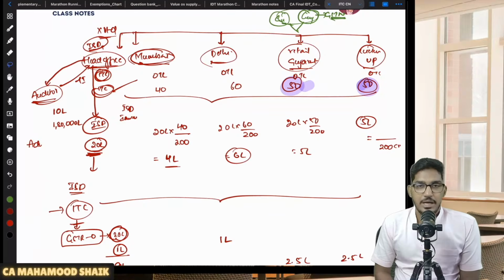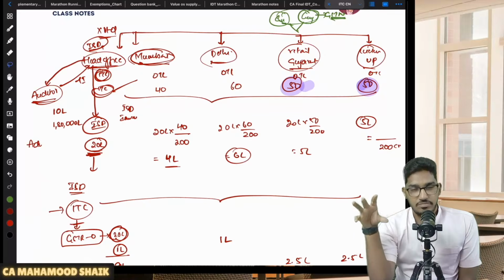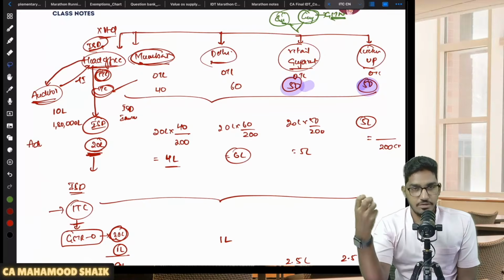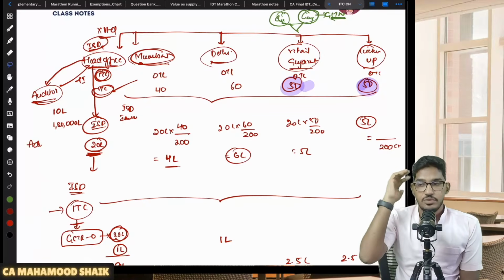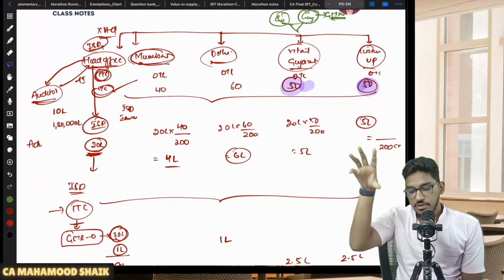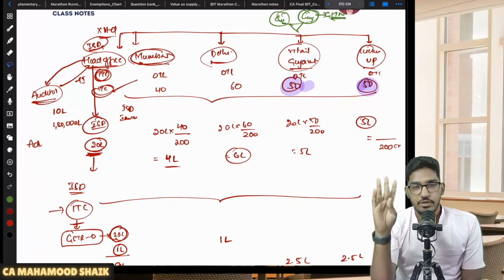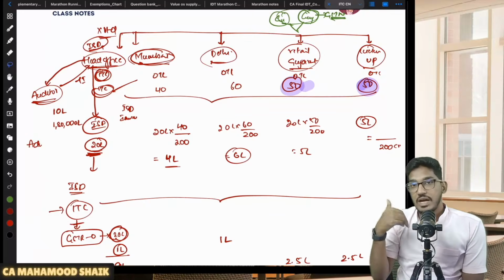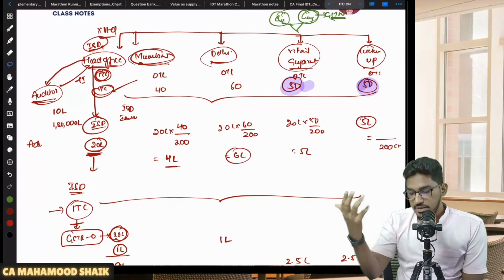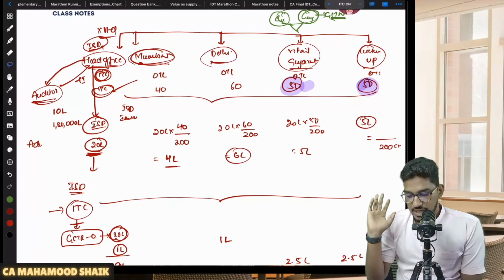So what will actually happen in the head office? They will take care of marketing. They will take care of accounting for the company as a whole. They will do the strategy. So all that work will happen at the head office level. But the head office will not make any outward supply. The outward supplies will happen at their branches, at their depots. That is where sales will happen.